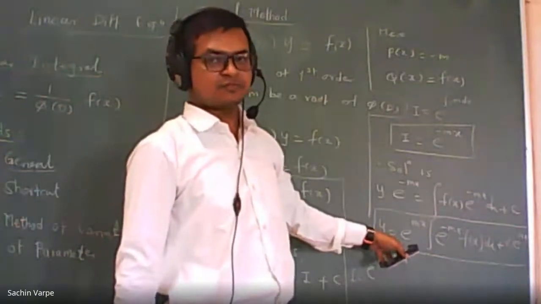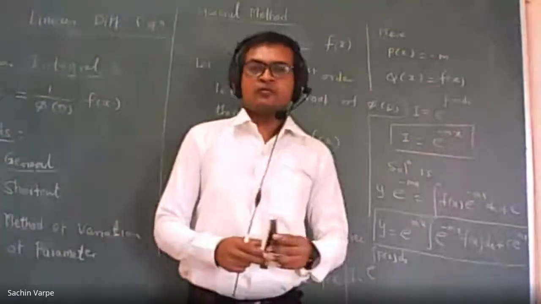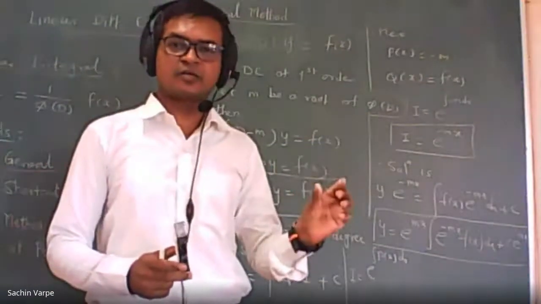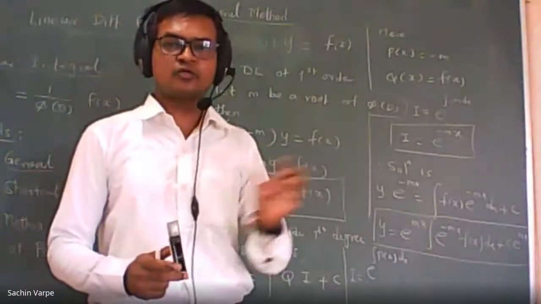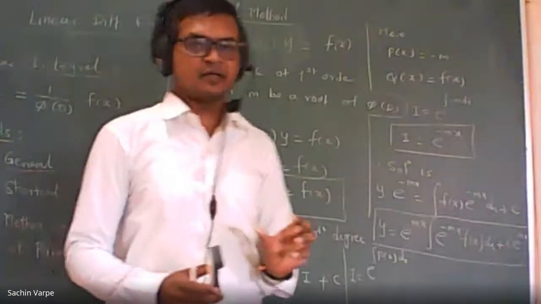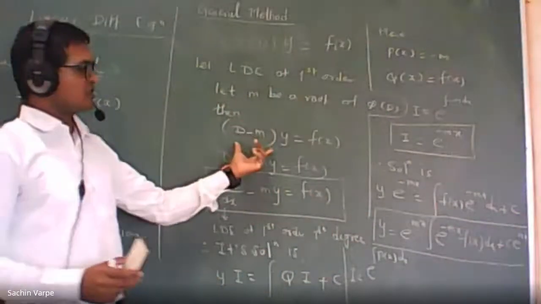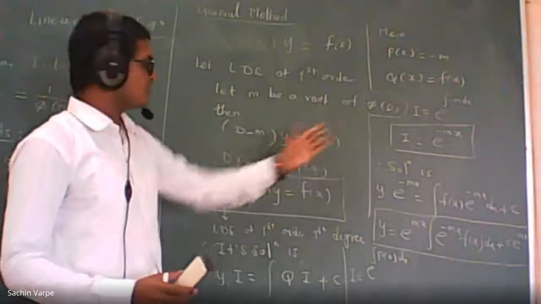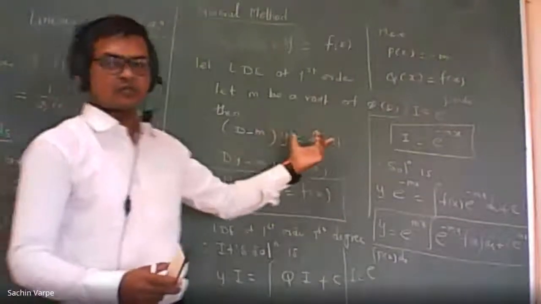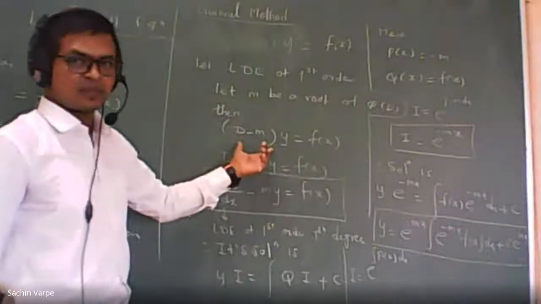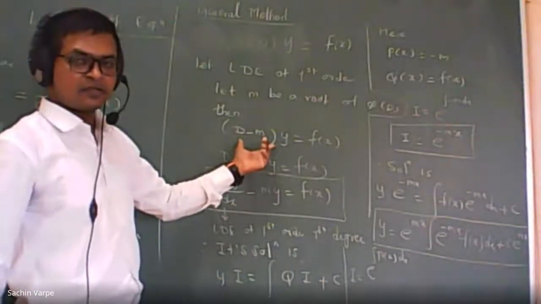As we know, for a linear differential equation with constant coefficient, its general or complete solution will be a combination of two sub-solutions. One is the complementary function and the other is the particular integral. So what is the complementary function of this? When I consider the right hand side to be 0, then I'll get the complementary function, the solution of the homogeneous differential equation. So what is the solution? Can you find it within seconds? It is e raised to mx.